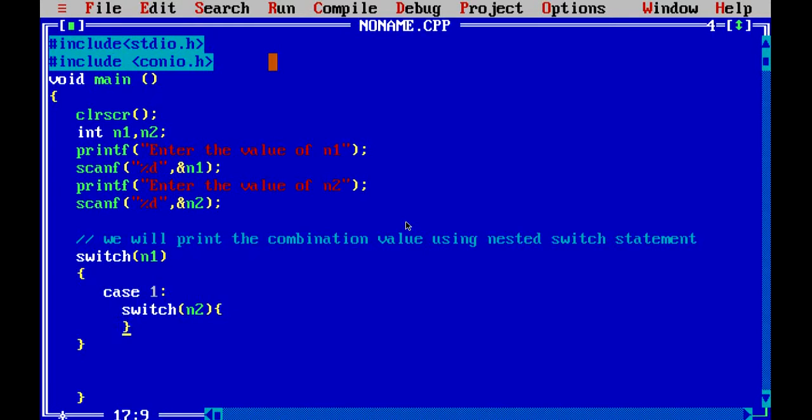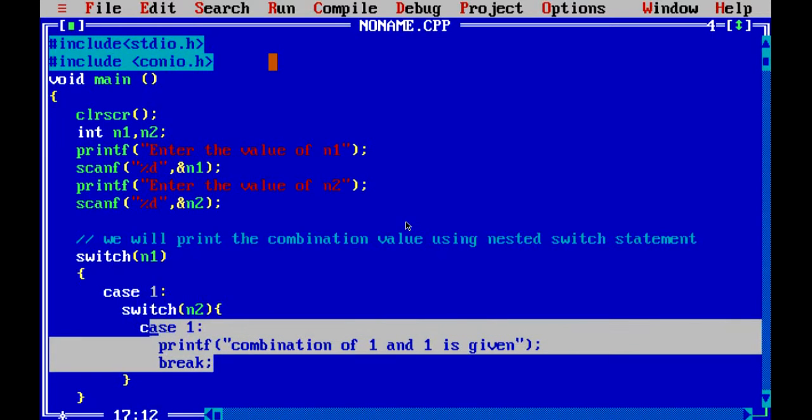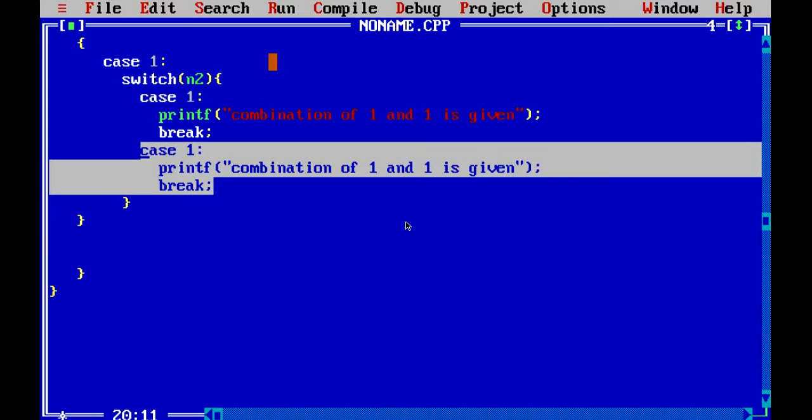For the case value 1 of variable n1, we will have the case values for the variable n2. So if we give the value of n1 as 1 and the value of n2 as 1, then it will come inside this combination. Let me add these cases by copy and paste, and we will add the cases for 2 and 3.